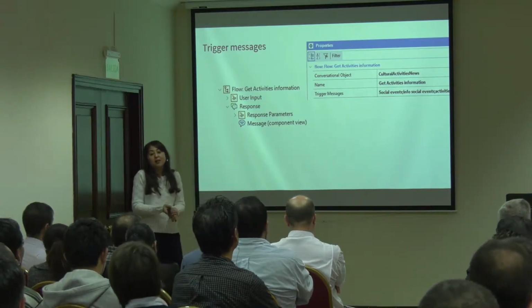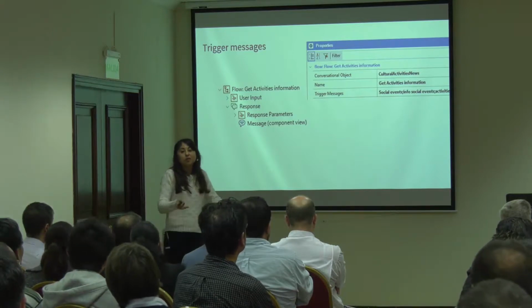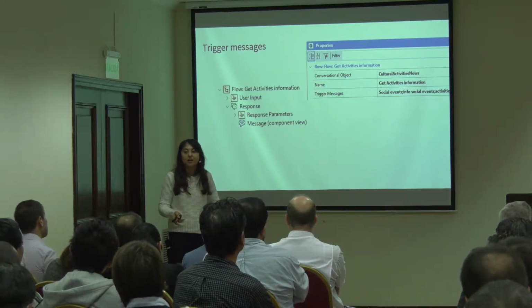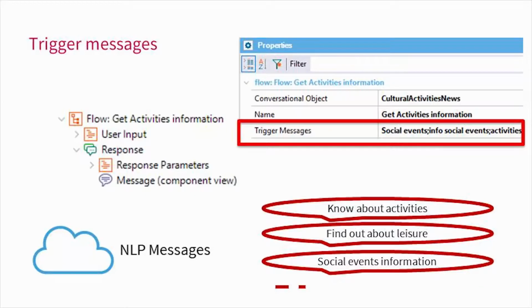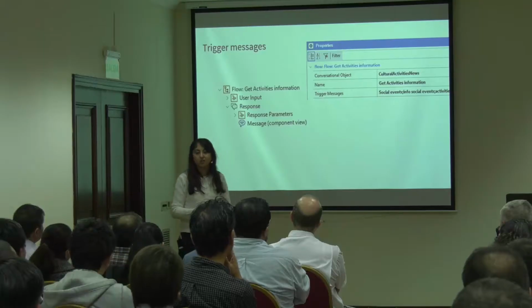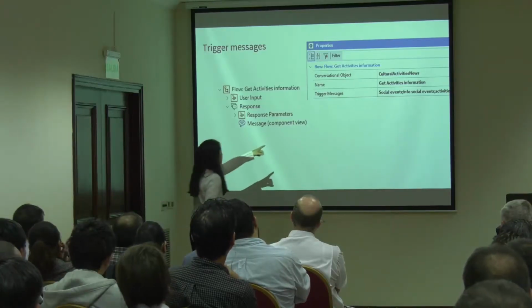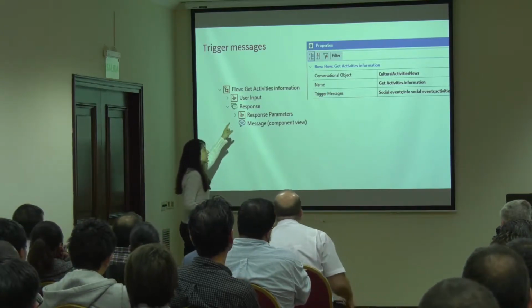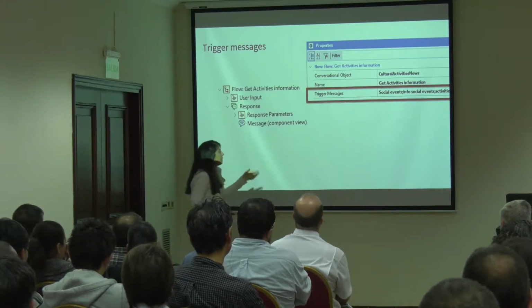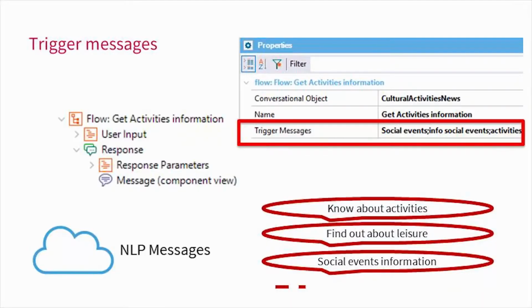Now, coming back to your question, I have to help the provider to understand the intent, because there's 1,000 ways of asking about activities in the city. Well, maybe not 1,000 ways, but at least quite a few. So I have to train the provider so that it can correctly identify the intents I have defined. And this I do through the property trigger messages. Through the flow node, I have this property to trigger messages, and there I'm going to put the various ways in which a user can ask the question